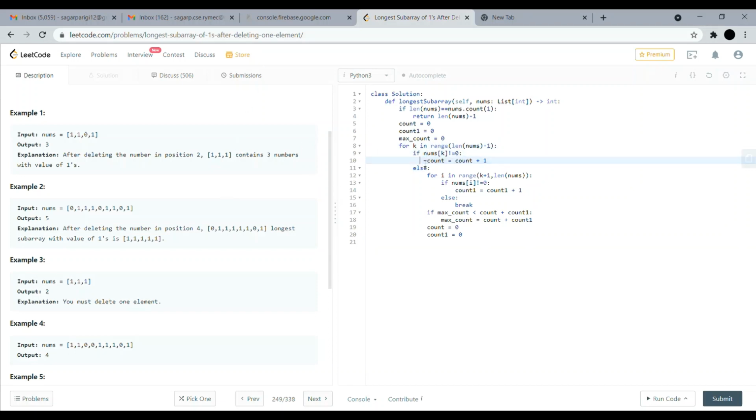I have to traverse from here, then I'll see 1, then again I'll see another one. The counter will be 2. So why I'm making count and count 1 equal to 0, in the sense after this it will be like a fresh starting point for 0. Okay, yeah, make it 0.